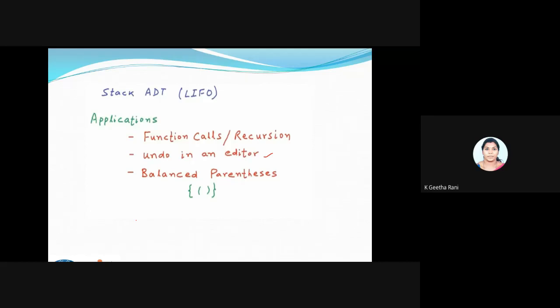Then we saw operations like push, pop, top and is empty. We have learned only the concept, how it works, and we saw the applications of the stack. Any questions?